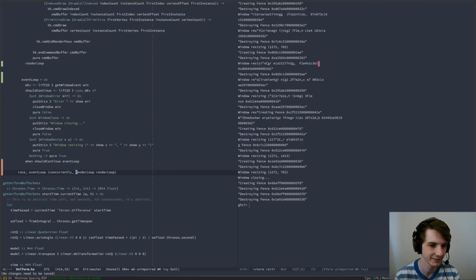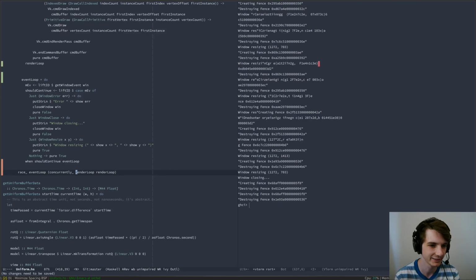So another source of exception unsafety right now is that we've got two threads running, the rendering thread and the event thread. When the rendering thread throws a swap chain out of date exception, that's gonna cause